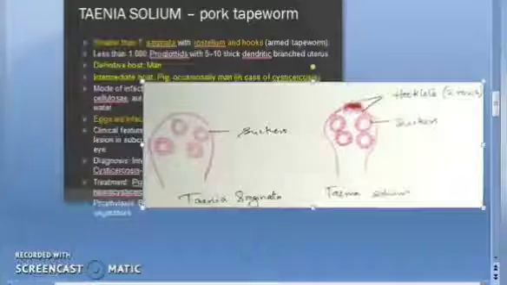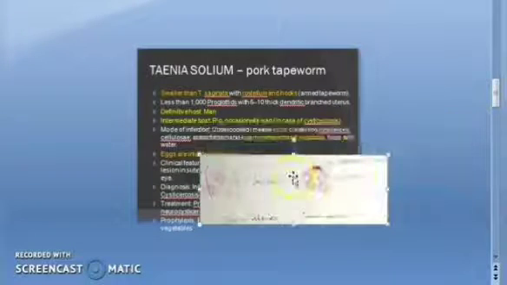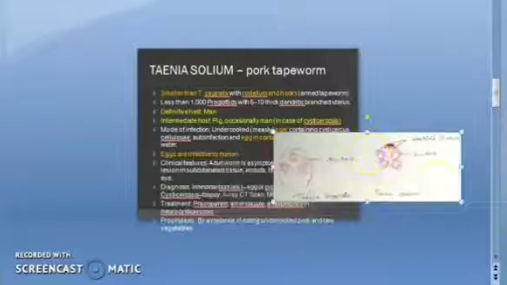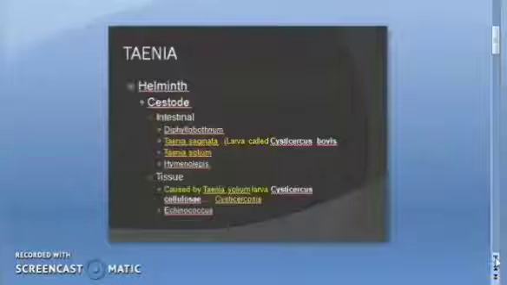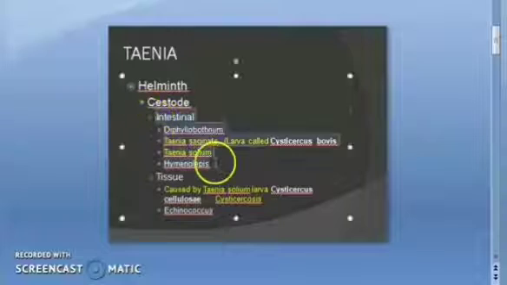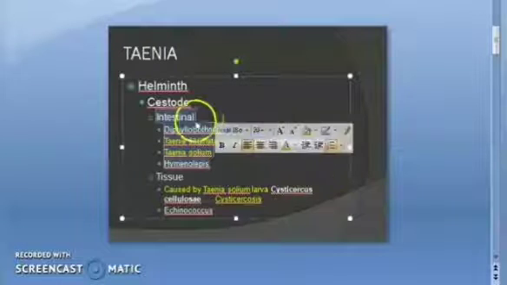Okay, let's recap what we have seen so far in this video, and then in the next video we will continue. Okay, so we started off with Taenia, studying of the tapeworm. It is a helminth, it's a cestode, intestinal, it causes intestinal taeniasis. The other organisms which cause intestinal problems, cestodes which infect the intestine, are